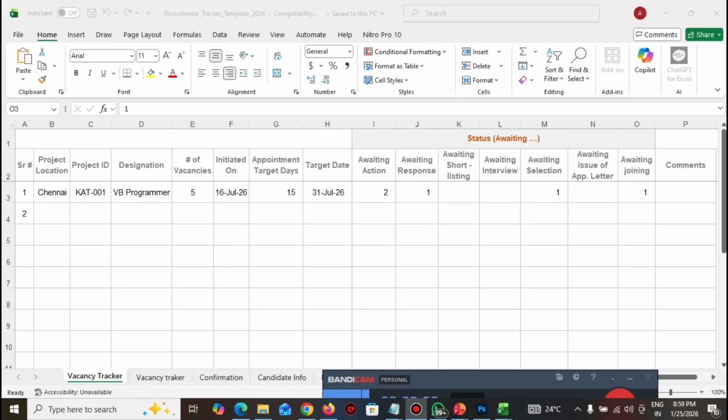Mostly we know that every recruiter is working in the recruitment or staffing field. They prepare their reports or vacancy tracker reports. So everyone has their recruitment tracking report, maintained manually. When you are going for an ATS application, that would be completely different. Okay. So when it comes to manual, how do you prepare the recruitment tracker for the specific vacancies